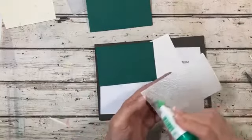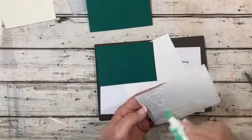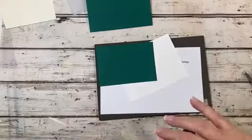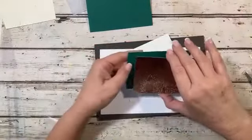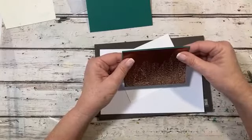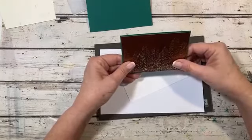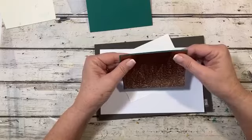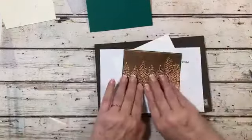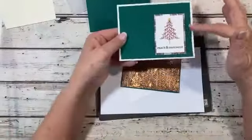I know this, like I said, I just kind of went over it when I was going through my catalog and oohing and ahhing at everything, and I liked it. I just was like, I don't know. But then when I actually saw it in person, the look of it, I'm like, oh no, that is just too pretty. And some of the things that you can do with it, like this card right here,